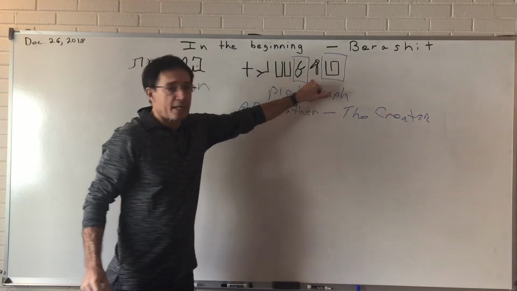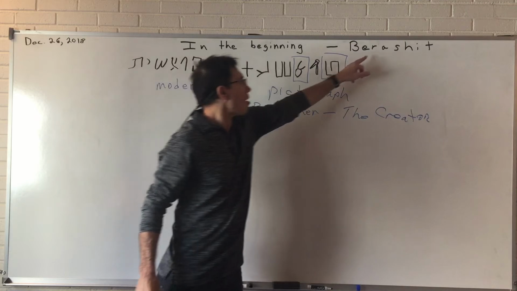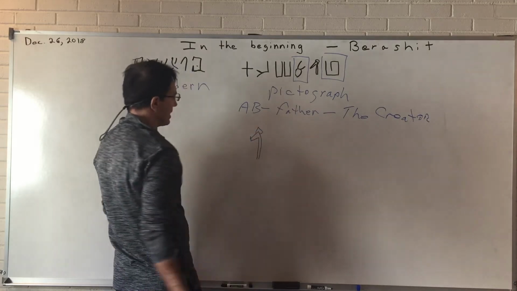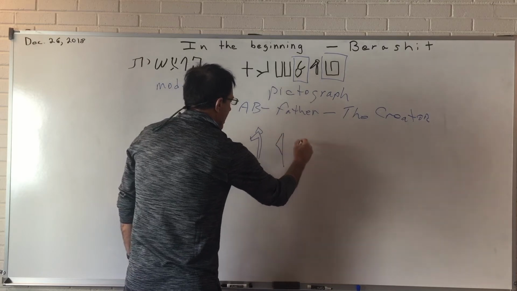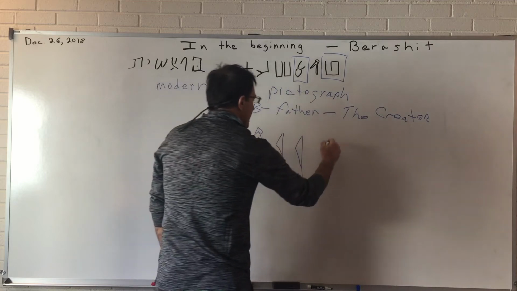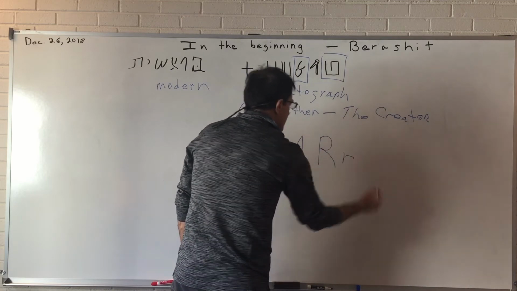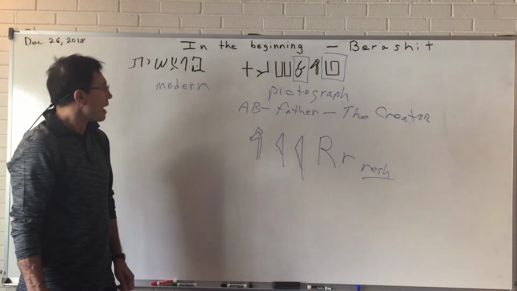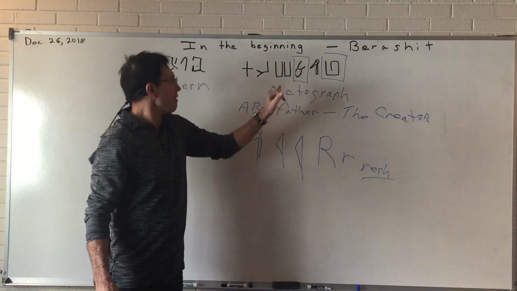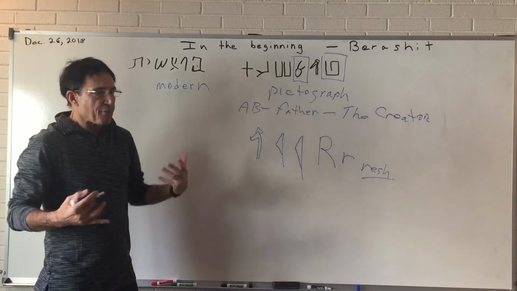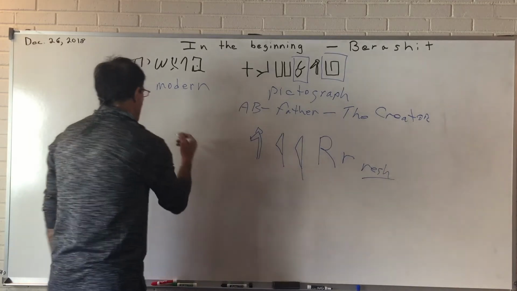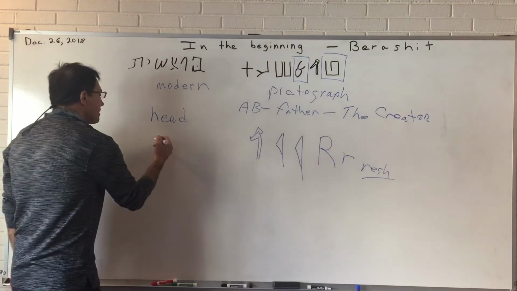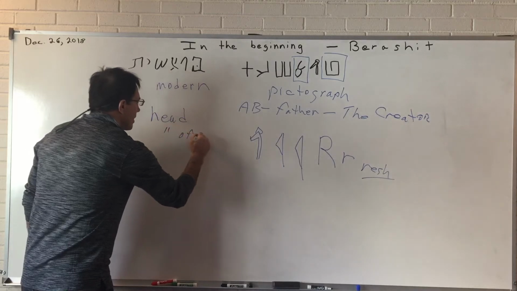Our next letter or character, pictograph, for consideration is the R sound. R sound, the original picture in the pictograph is something like this. It will later evolve into characters something like this, and eventually, when it comes down to the Romans, it actually is our R, and it still carries the pronunciation of the R, resh. As it is in the house of the Father, necessarily it would have to mean something, and it does. It means the head. It is a head, and as it looks, it does appear to be a head, the head of something, okay? So the head of something,